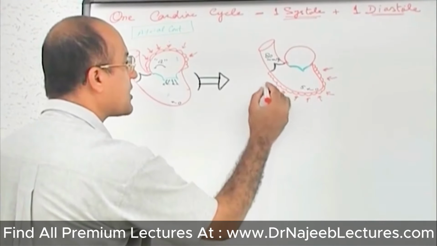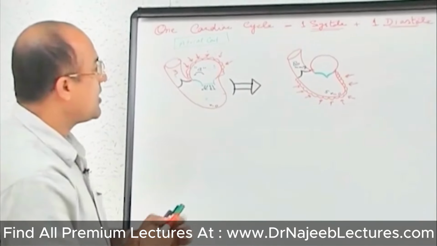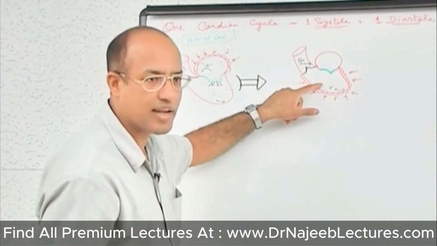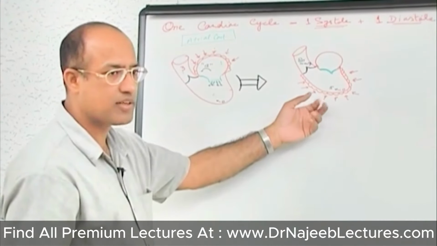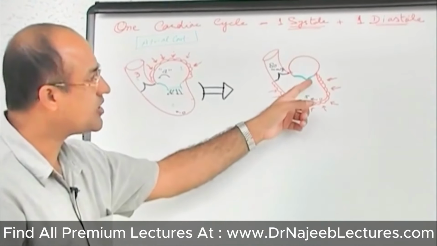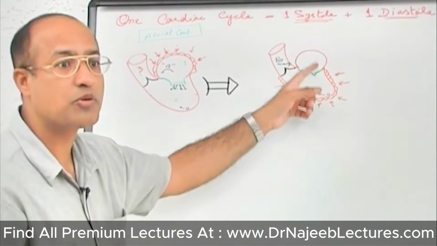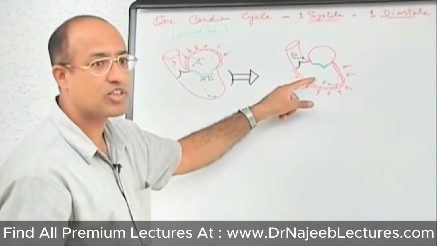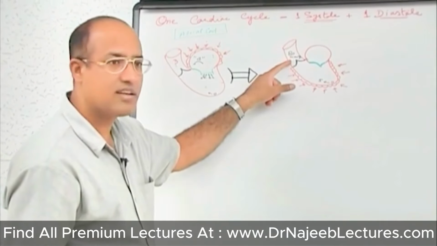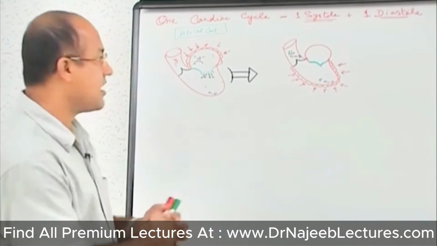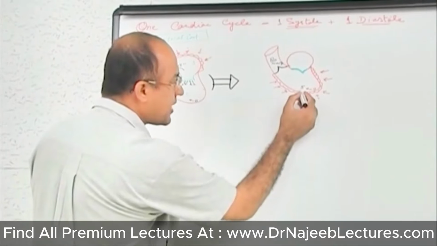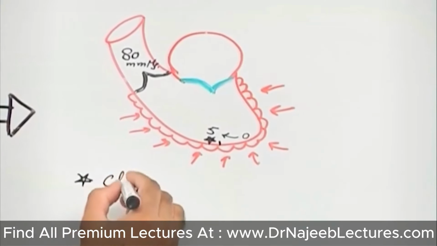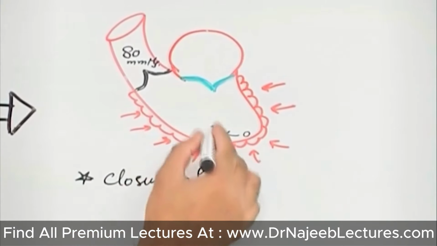But the point which is very important at that particular moment is that now the ventricle will be contracting as a closed chamber. Why? Because as soon as, look here please, as soon as the ventricle started contracting, it shut off the back valve. The back door is closed. It has closed which valve? The mitral valve. But yet the pressure in the ventricle is not high enough to open the aortic valve. Due to this reason, at the pressure of 5, I can say there was star 1 event. What was the star 1 event? Closure of the mitral